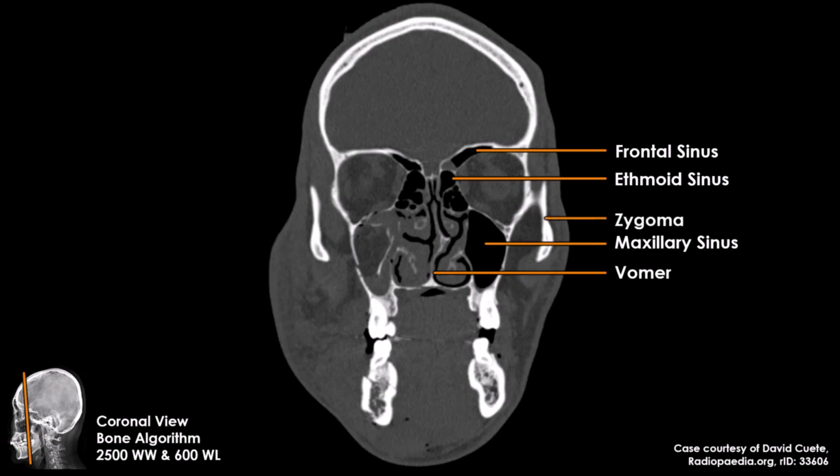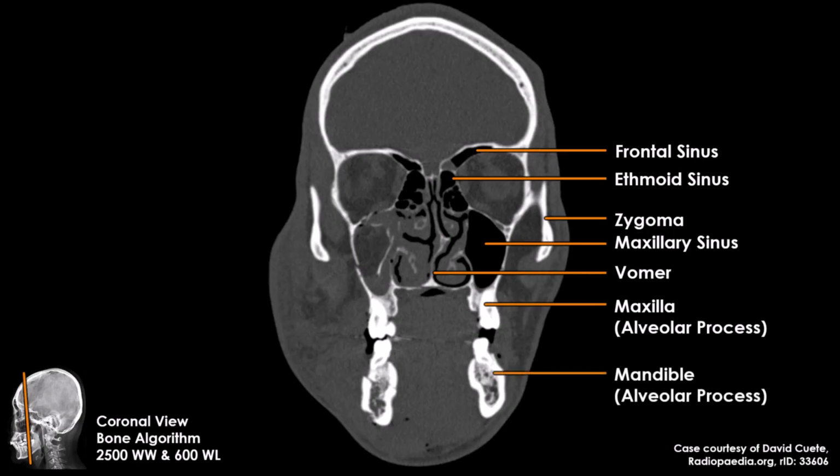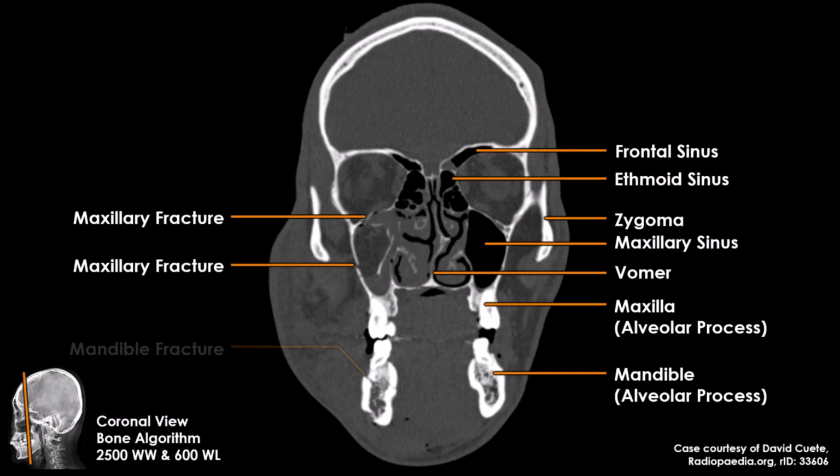The cheekbone is formed by the zygoma. We can still see the alveolar process of the maxilla and the alveolar process of the mandible. We can also see the fractures previously observed. There's a fracture affecting the roof of the maxillary sinus, or you might describe that as the floor of the orbital cavity. There's another fracture affecting the lateral wall of the maxillary sinus,